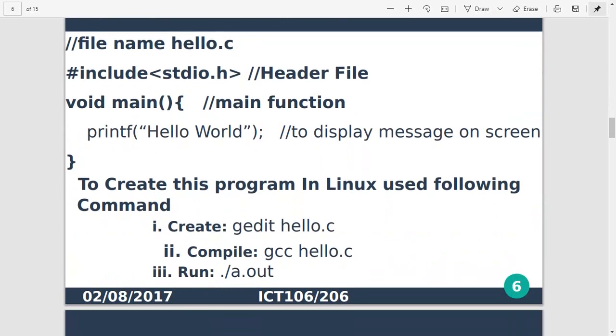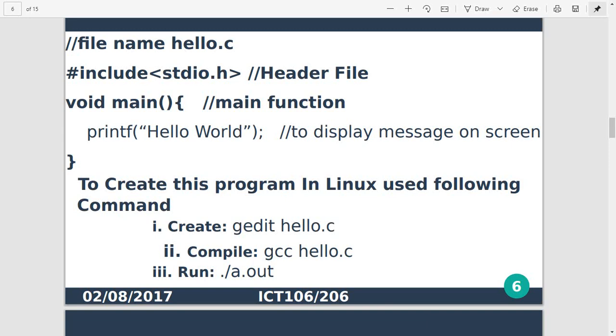Here is one simple C program. Always remember that when we write any C program, the first step is to include the header file. So here first is the header file, that is #include <stdio.h>, then the main function, then whatever we want to display on screen, that message is written in the printf block.